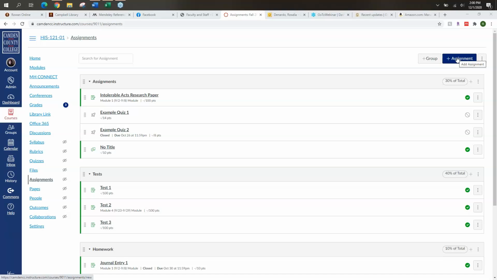Now, at any time that you've created an assignment, before, of course, students start working in it, you can go ahead and edit that assignment. These 3 dots next to the existing assignments that I have here are called kebabs or edit kebabs by Canvas. So at any time I could actually click on that and click edit and edit an existing assignment. But today I'm going to start a new assignment to show you how to do that. So I'm going to click on the blue plus assignment button,